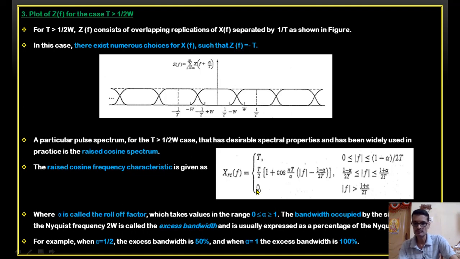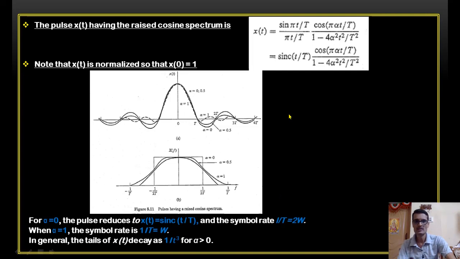Okay. Now, for this raised cosine spectrum, if I take an inverse Fourier transform, this is the equation I'll get. This is a sinc pulse multiplied by a cos signal divided by something. That mathematics I am not doing. By applying IFT and all, I'll get this particular equation. Then I'll plot this particular representation, the sinc pulses or raised cosine pulses, for different values of alpha. Let us say alpha equal to 0, alpha equal to 0.5 and alpha equal to 1. 3 values I will consider. I'll plot the graph in the time domain.